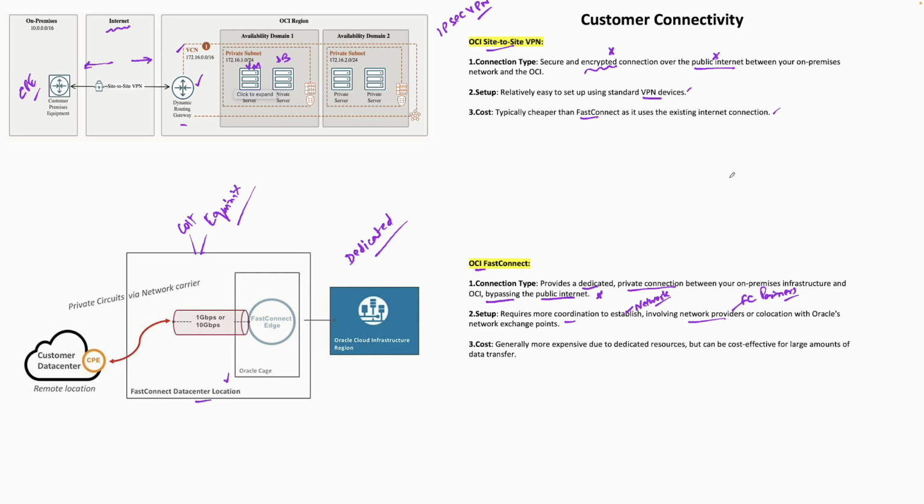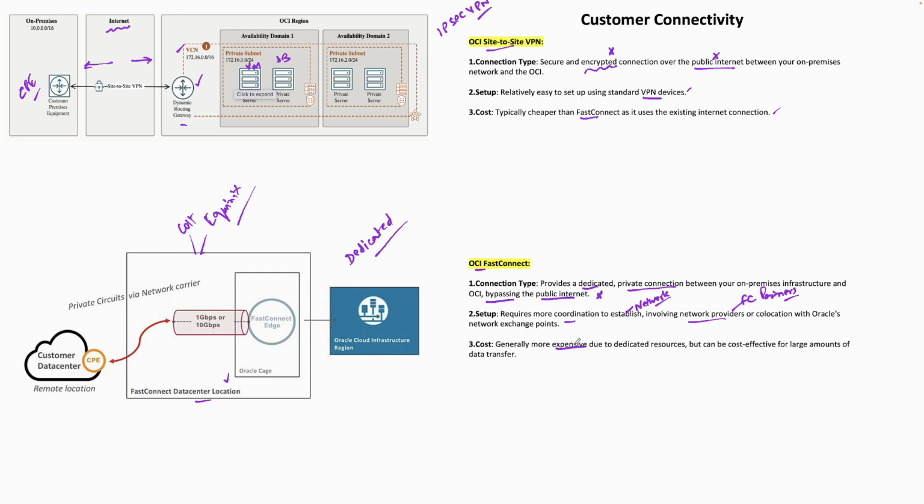It's considered to be free, but all the cost is more on this side, which is your customer premise equipment side or the VPN that you are setting up. But normally, if you ask me, all the companies would already have this kind of setup, so there shouldn't be any additional cost for you just to set up the IPsec VPN or site-to-site VPN. But definitely there is more cost, and it's more expensive when we talk about Fastconnect due